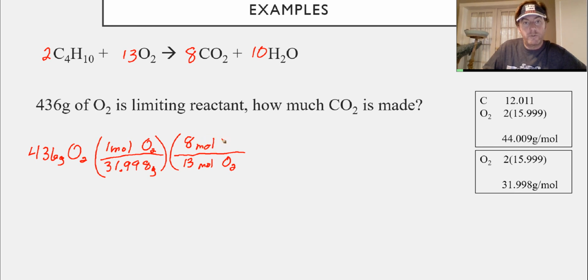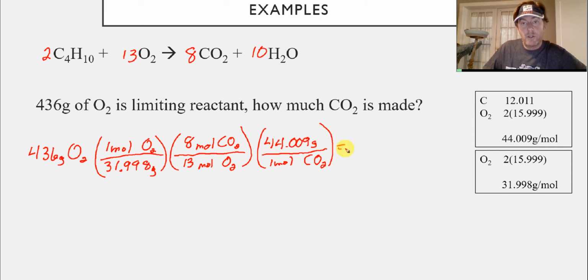So now I want to get rid of moles of CO2, and doing the numbers over here, 1 carbon, 2 oxygen gives me 44.009 grams. So running that through on the calculator, you get